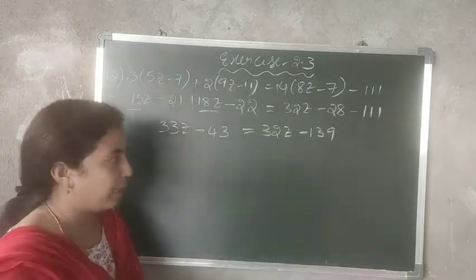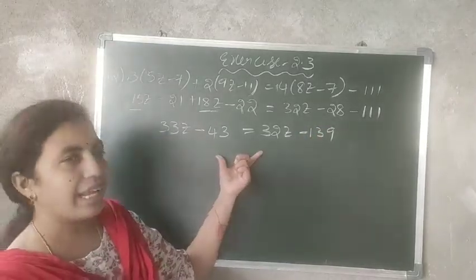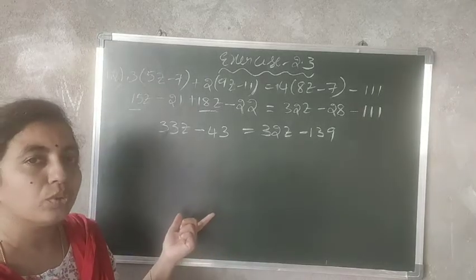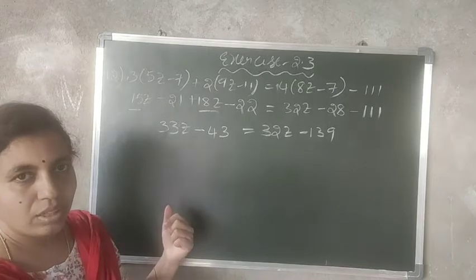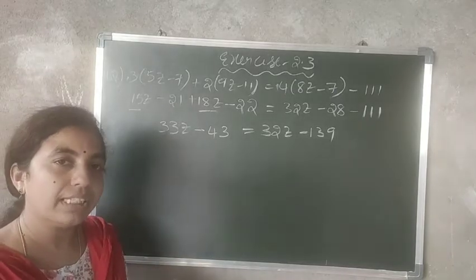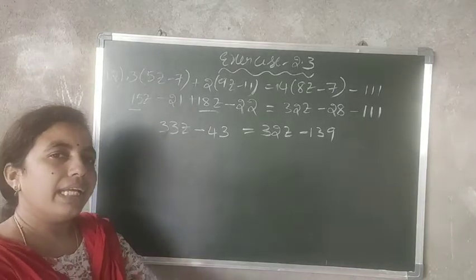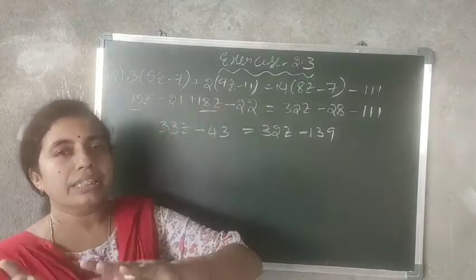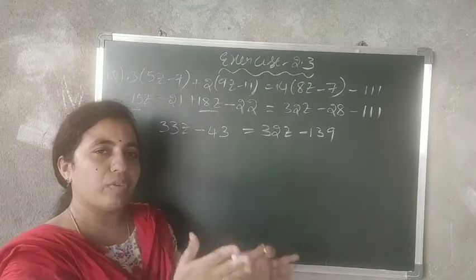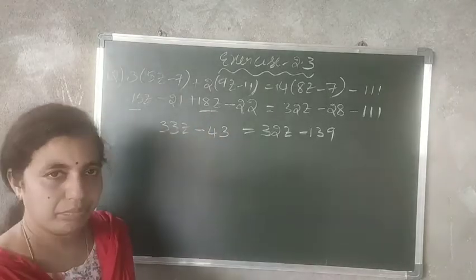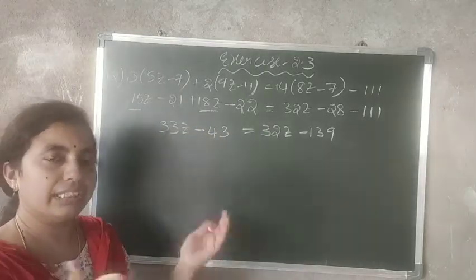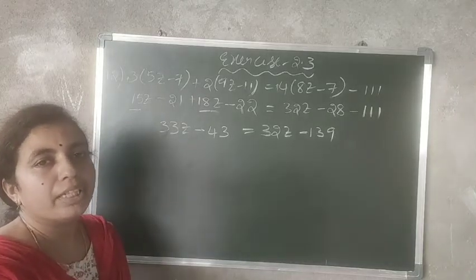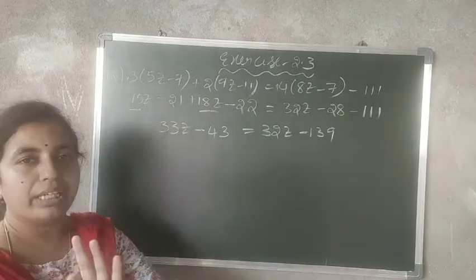Minus 139. Now see here, this is like the previous problems, 1 to 10 problems. How did you do them? The same way you have to do it. First, take the variable terms to one side and the numbers to the other side. Just transpose variables to one side and the numbers to the other side, whatever the side may be, LHS or RHS. One side must have both the variable terms and the other side must have both the numerical terms.